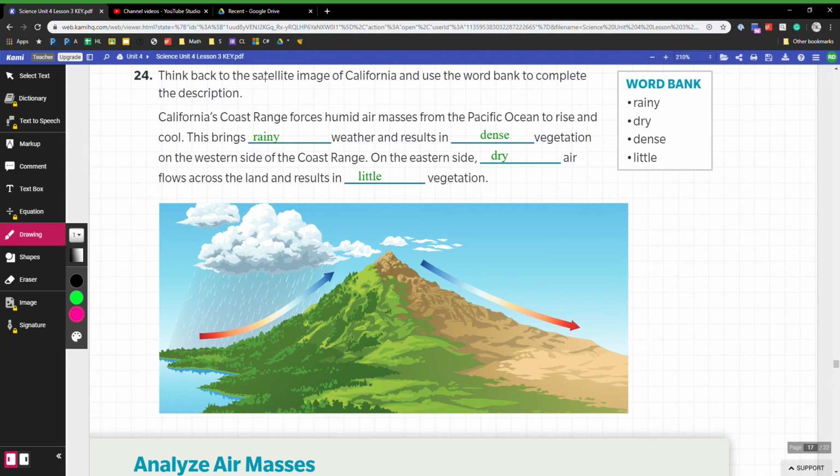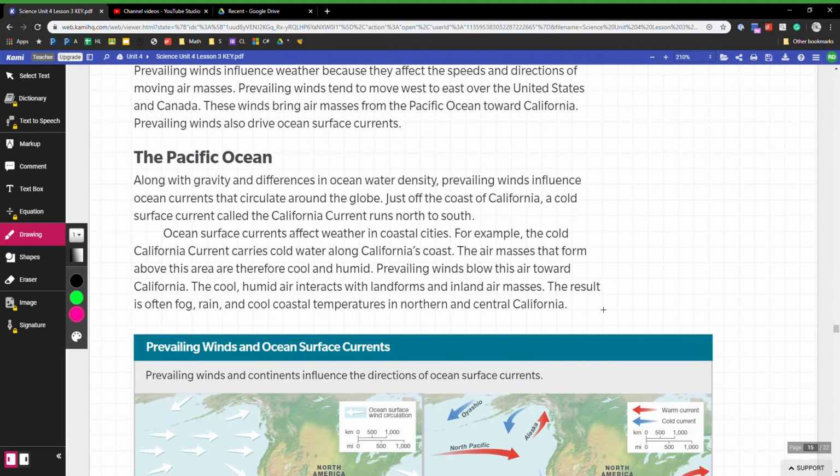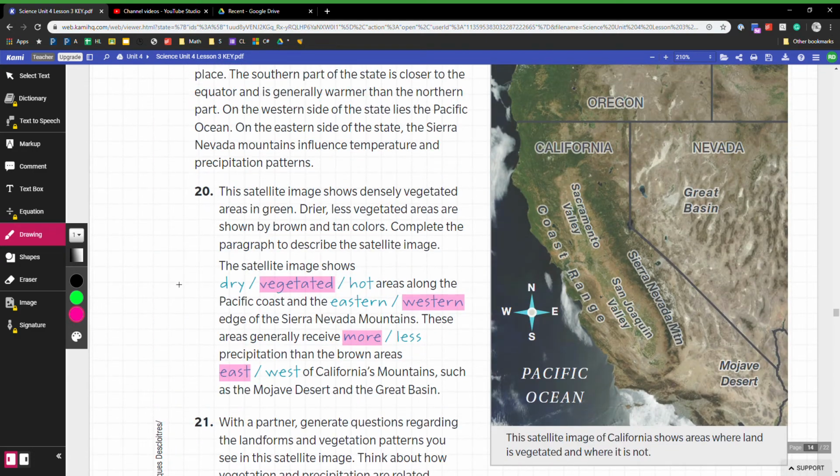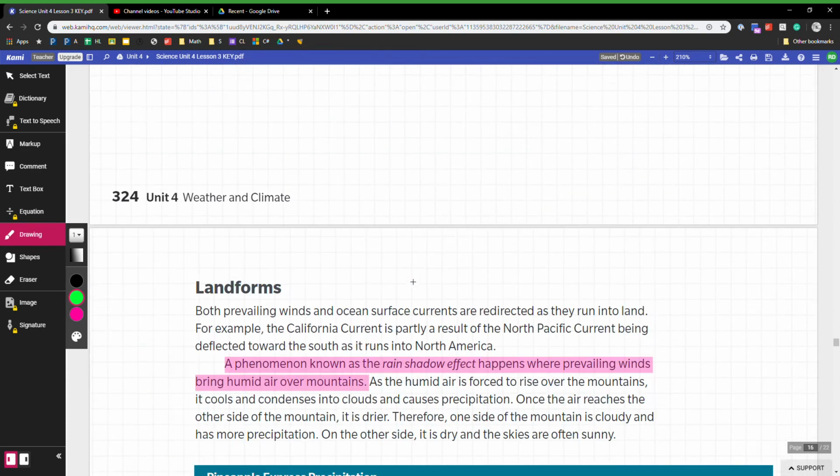If you think about the image of California, it has a graphic here that uses the coast. This mountain range is supposed to represent, let's say you're along here, on the coast range. So there's mountains all along here. If you ever drive to San Francisco, you go up some hills. They're not quite as big as the Sierra Nevada mountains, but mountains nevertheless. So we're talking about the coast range here. So what happens is